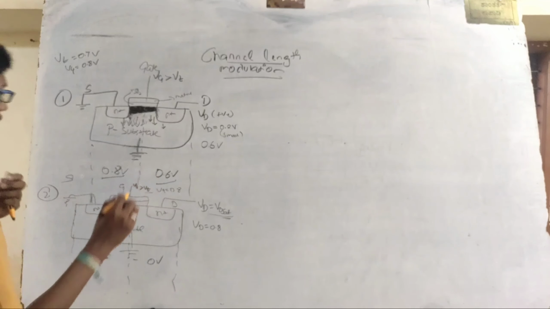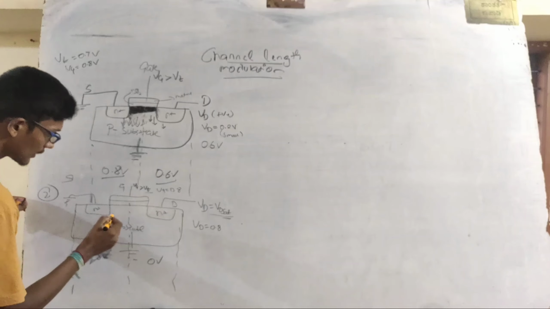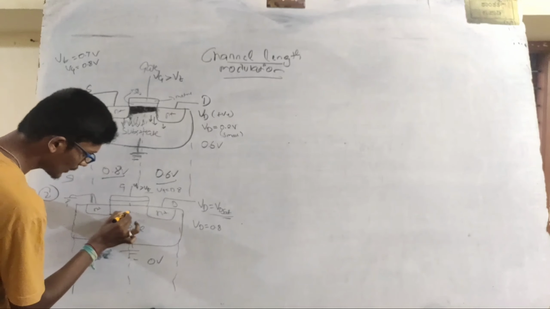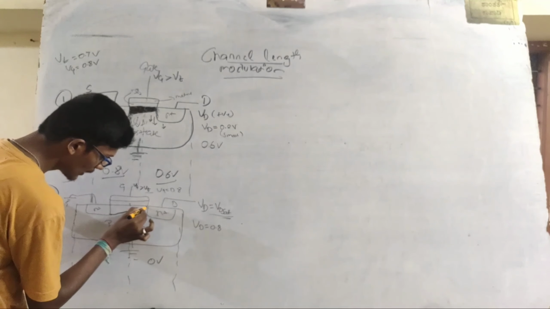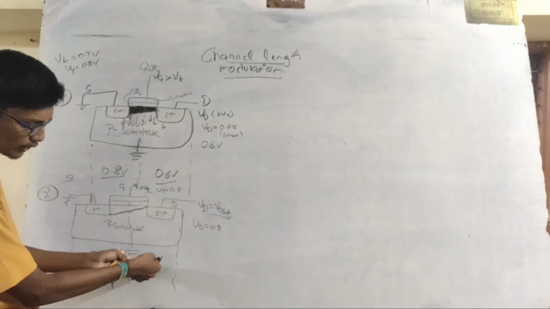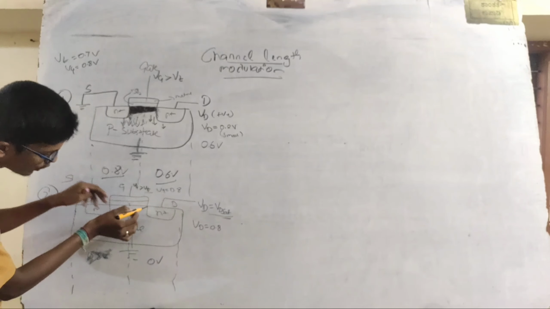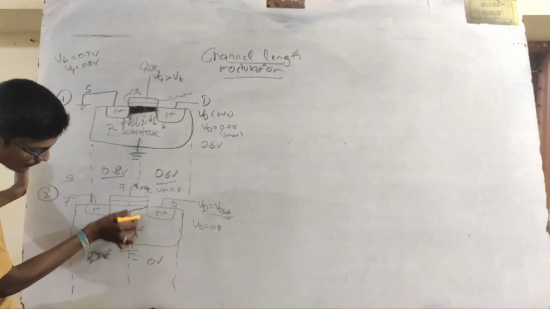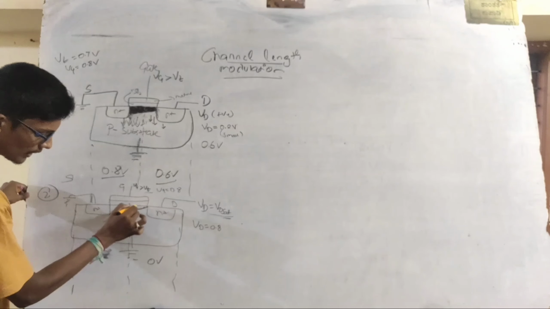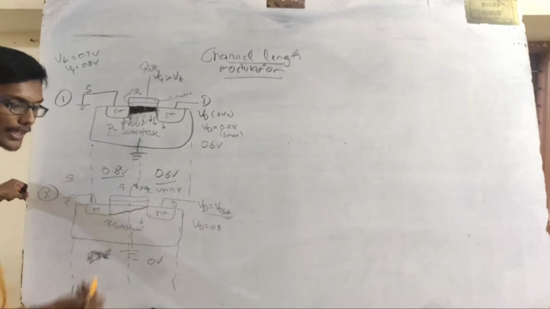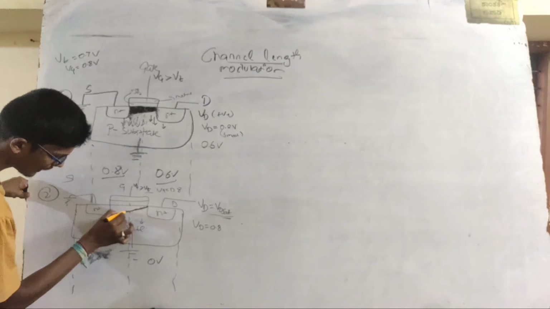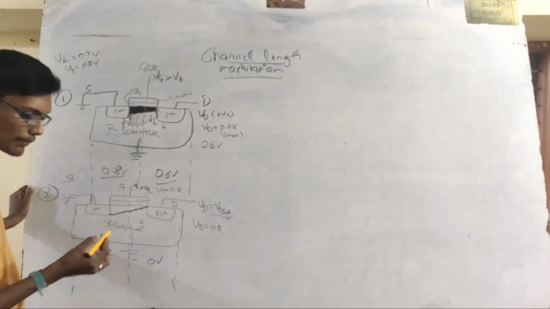0.8 volts. See, what happens here is the channel will be thicker on this side and will gradually reduce and come to a point here. As it is 0 volts, the positive potential is 0 volts, there will be no force to repel the holes from this side into the P substrate. So when there is no force, all the holes will be stuck here only. If holes are stuck there, no electrons will come and accumulate there. So there will be very little inversion layer present over here. Okay.